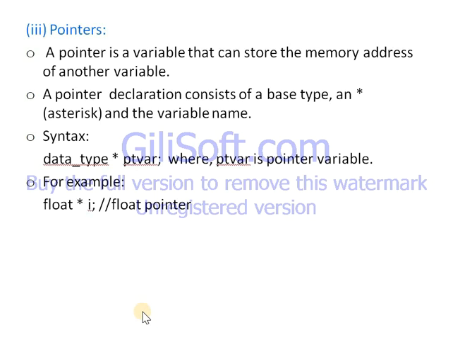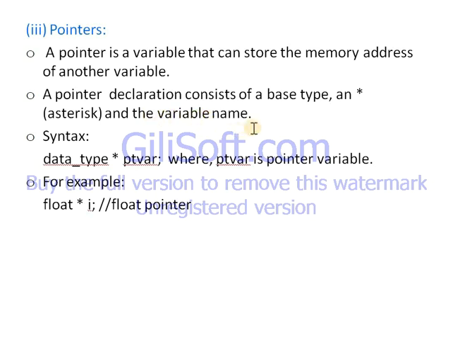Next derived data type is the pointer. A pointer is a variable that can store the memory address of another variable. Pointer variable stores the address of another variable. A pointer declaration consists of base type, asterisk symbol and the variable name.